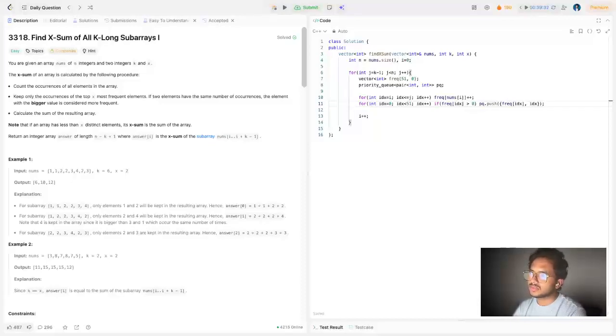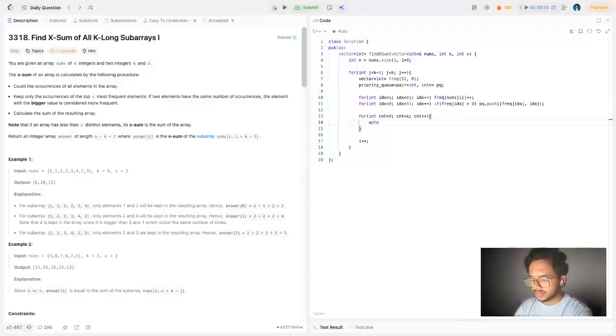Now what we have to do, we have to run for all frequency, and we have to go x times, right? So again I'll be running another loop, instead of index I can say, I already taken, right? So count is equal to 0, count less than x, count plus plus. So for each count,